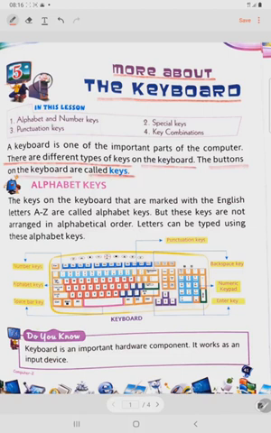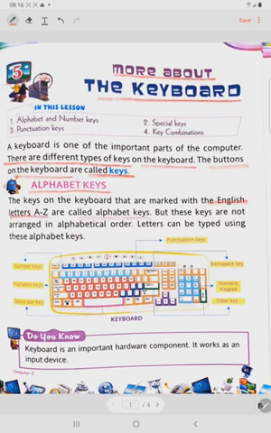As you are watching in the picture, there are different types of buttons. These buttons on the keyboard are called keys. The first type of keys which we are going to learn is alphabet keys. The keys on the keyboard that are marked with the English letters A to Z are called alphabet keys.